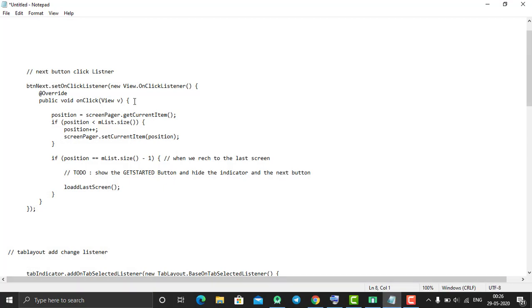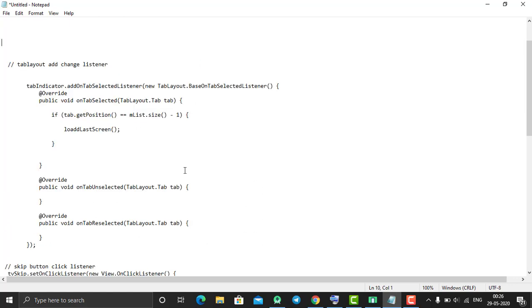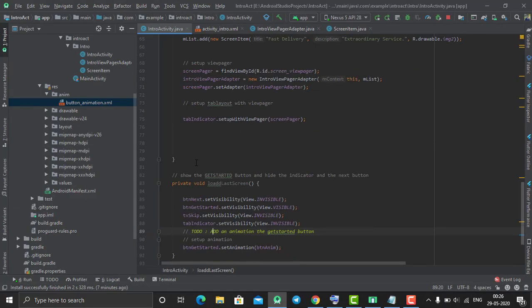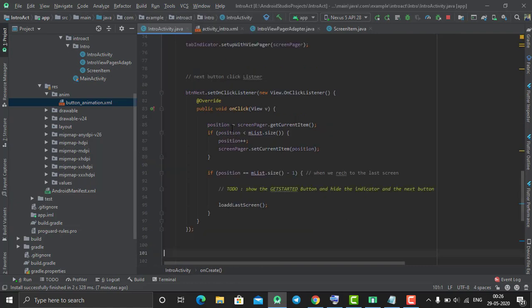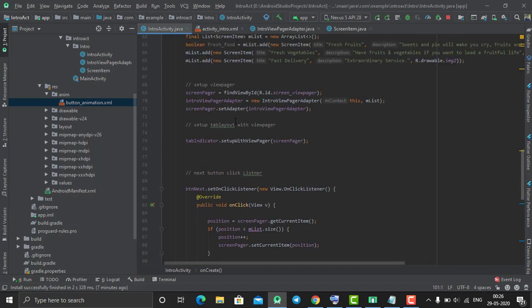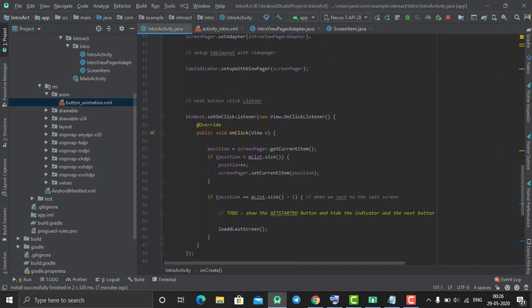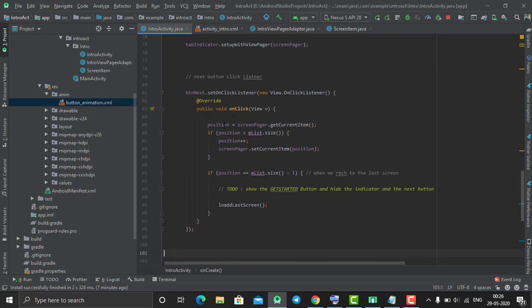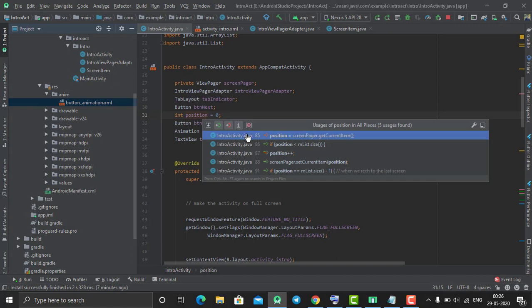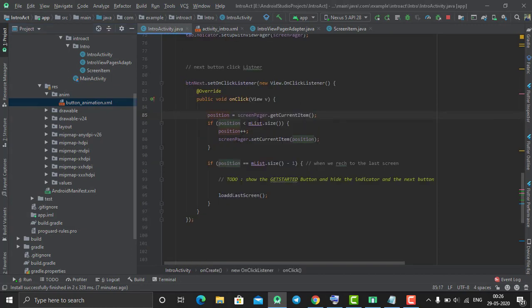After that our next step is to perform the on click on our next button, so we can perform it here. So BTN next is our next button. On click of this button we need to check which walkthrough page is currently available on our screen. Position is a variable that I had created, its default value is 0, and I had assigned it the value of screen pager. Screen pager is our view pager, and dot get current item